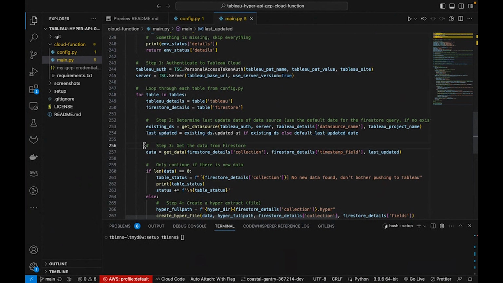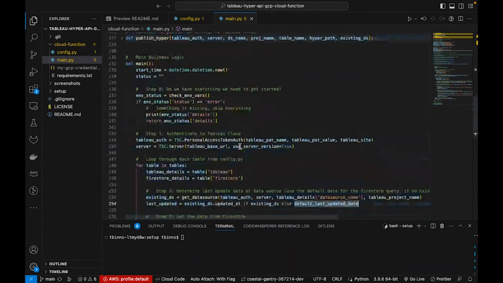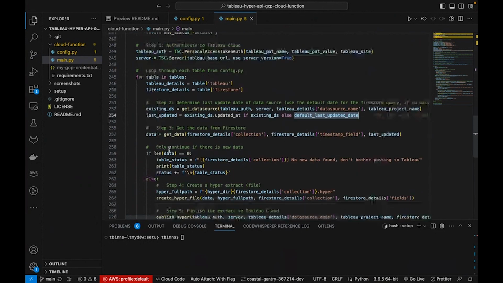So now I can go and query for data from Firestore and say, hey, I'm going to get this collection. And then I pass in my last updated date here. So that'll add a where condition into the query. It's based off of the last time that data source was updated. So if it's a brand new data source, it's going to use a default last updated date. I think I made this January 1st, 2020. But otherwise, it's going to use the last updated date of the existing data source. And so that'll only return records that are new. And so once I have that data that's either new or, if it's a brand new data source, it'll all be new,